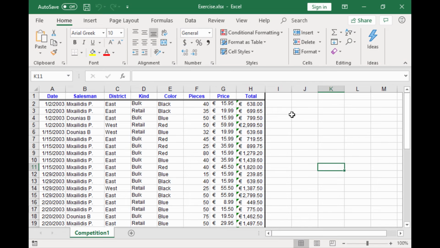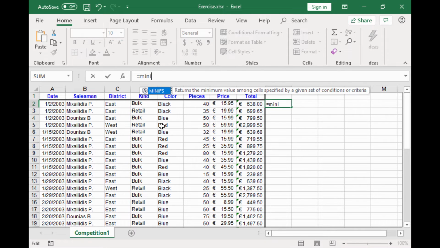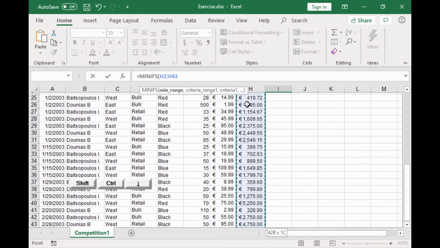In the MINIFS example, we want to find the minimum total price for every sale that happened in the West District and consisted of less than 50 units. We type the function name followed by the range that contains the values we want to find the minimum of.